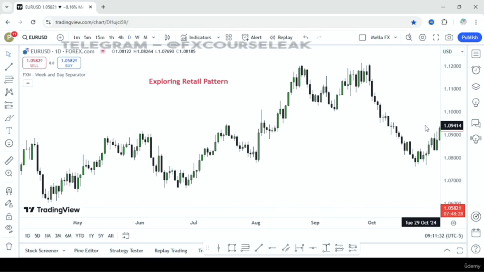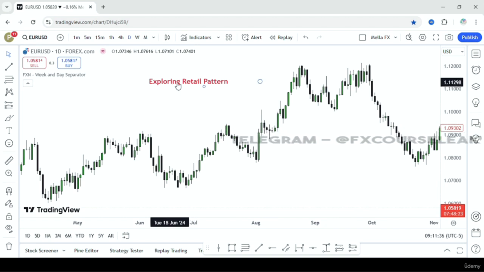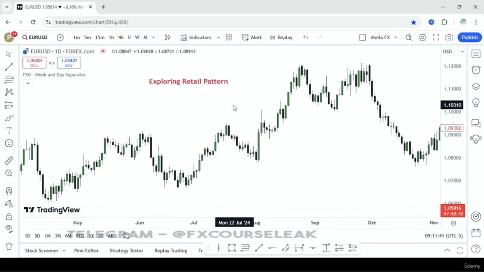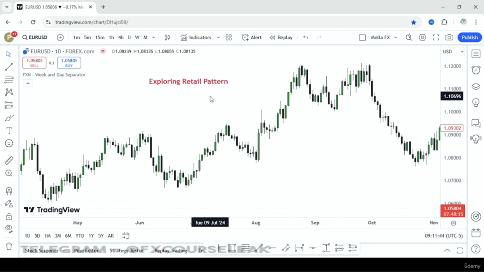Welcome back into this episode, and in this episode we'll be exploring retail patterns. So I'll just mention one, but there are multiple retail patterns. For example, the bull flag, the bear flag. There's also the trendline pattern, the head and shoulders. So I'll just be exploring with you the idea behind the retail pattern, which is the